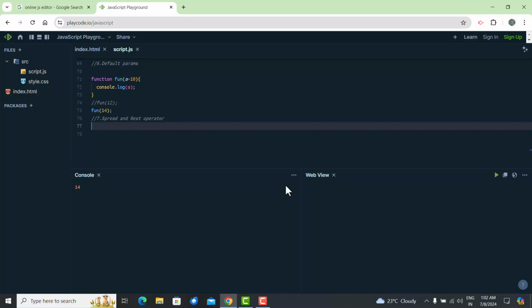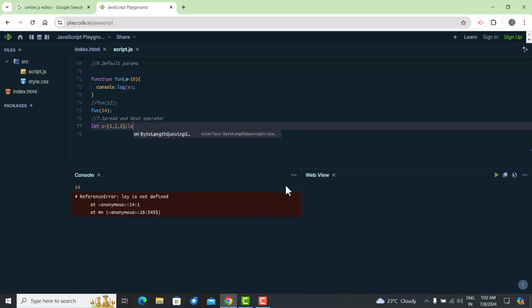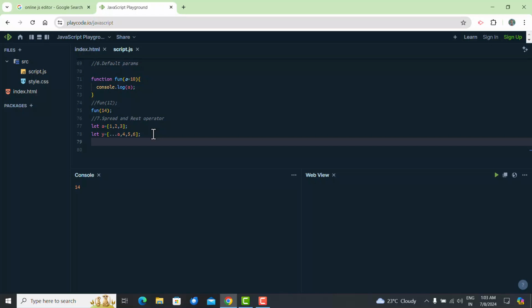Let's say I have an array, let a equals 1, 2 and 3, and we have another array, let y equals 4, 5, 6, and I have to basically append these two arrays. So we can simply use the spread operator, I can just write ...a. It will basically append these two arrays into this array, and if I print both of these arrays